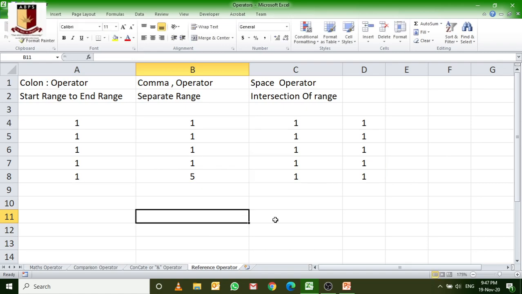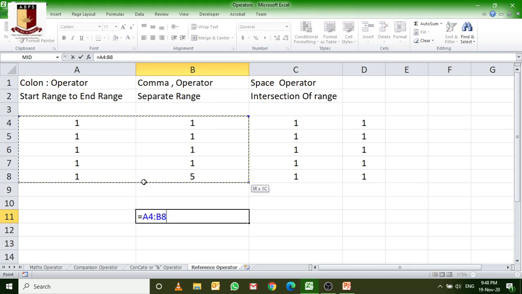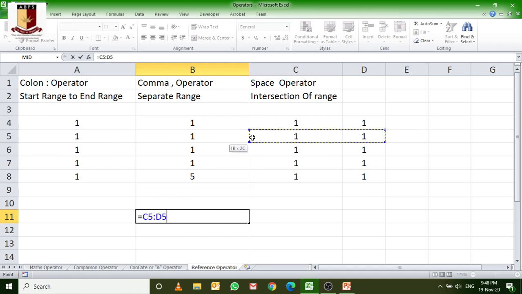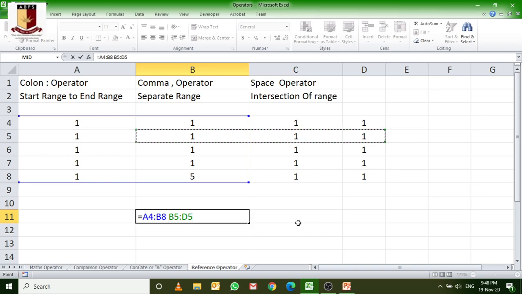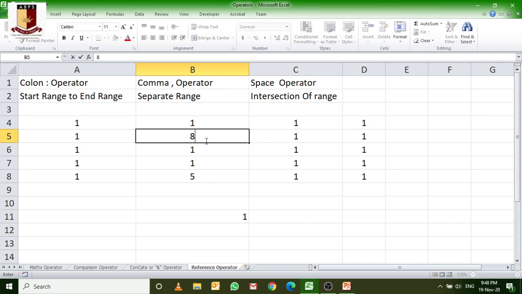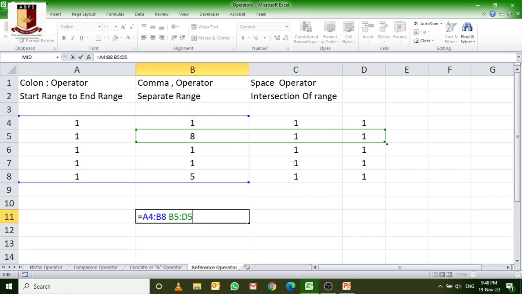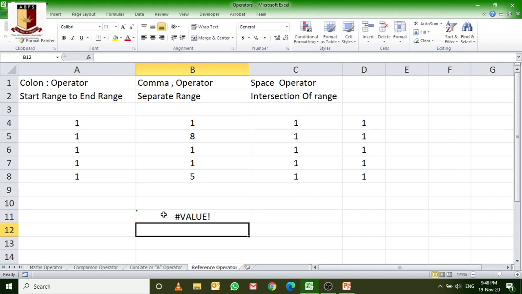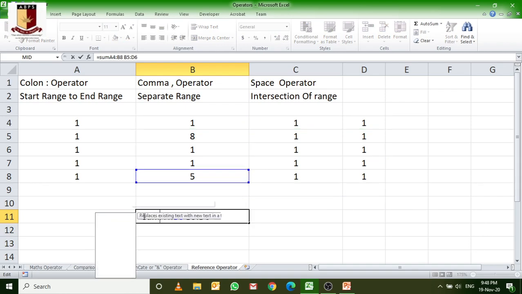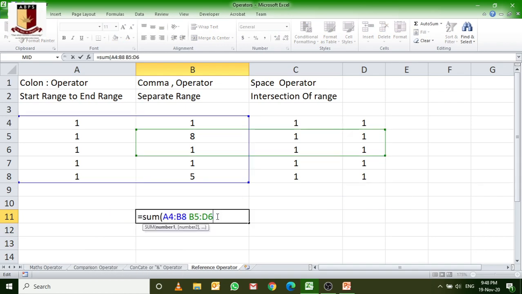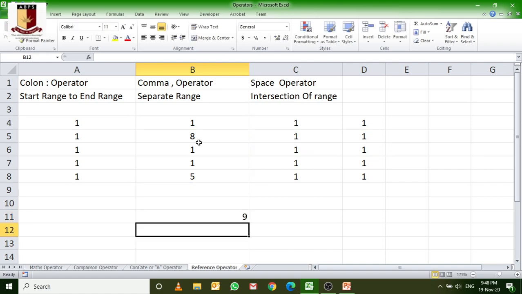Let me repeat it again. For the single value, suppose this is the range I have taken and this is the range. This range and space this range, and press enter. Only one is falling here, this one, and let me change this one to 8, so 8 will appear here. But when I take multiple ranges, when I increase, it will produce an error message. So for that, with the help of some other function you can use those values. I'm just opening the bracket and closing the bracket. Now these two multiple values, and we can easily understand 8 plus 1 is 9. So that's why this 9 is coming. So I hope you understand this one.